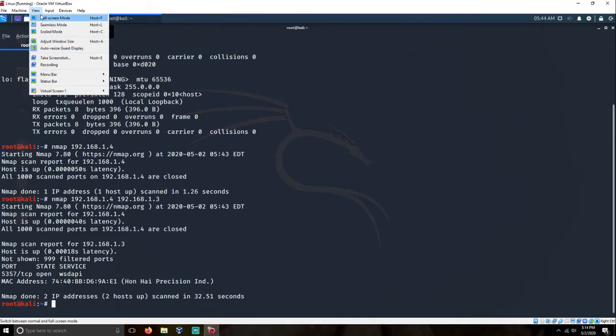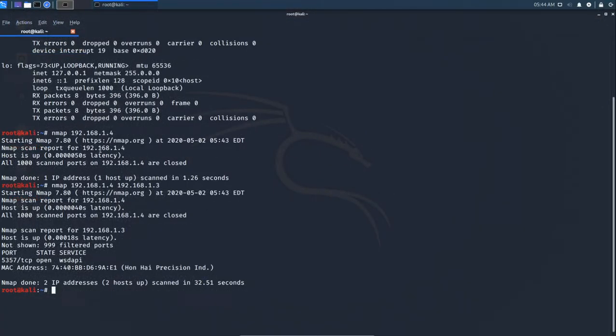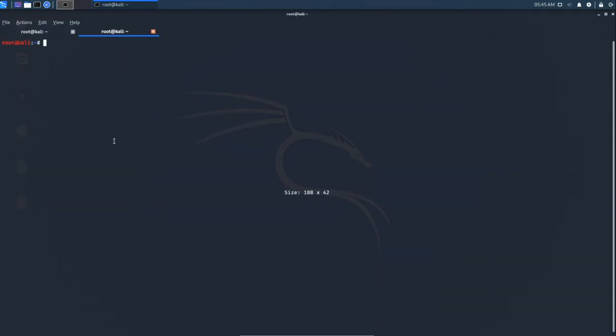Let's go a bit deeper. If you want to pass IP addresses in the form of a text file, like a dictionary or source list, you need to use the -iL flag like this, followed by the path of the file stored on our desktop. See, I already manually typed the IP addresses in ip.txt, so it will now scan those IP addresses. Wait a minute, what is in that list? Let us take a look.